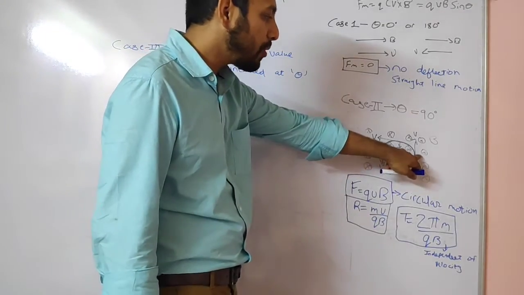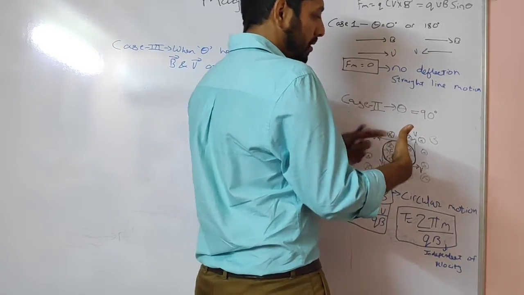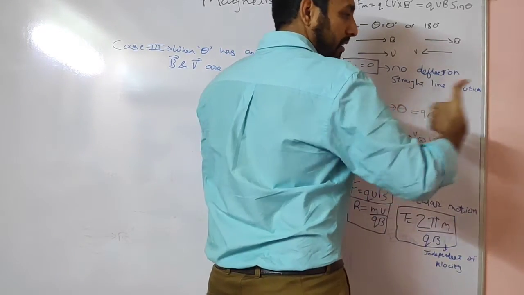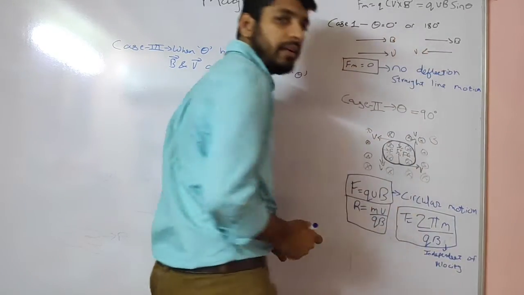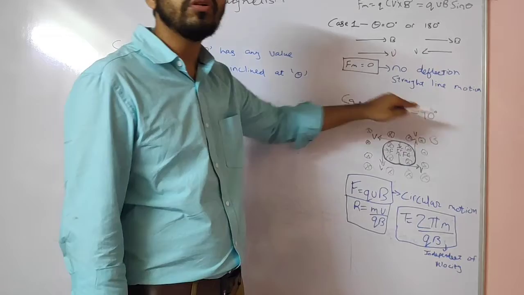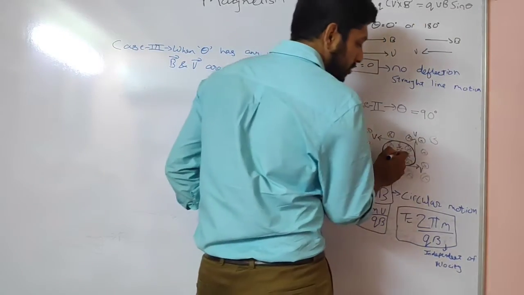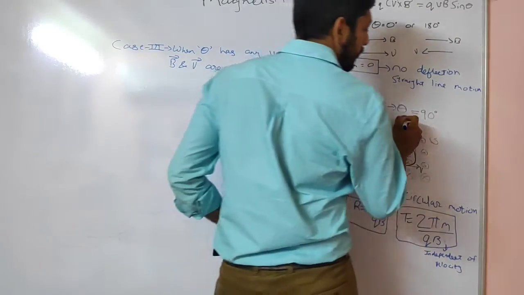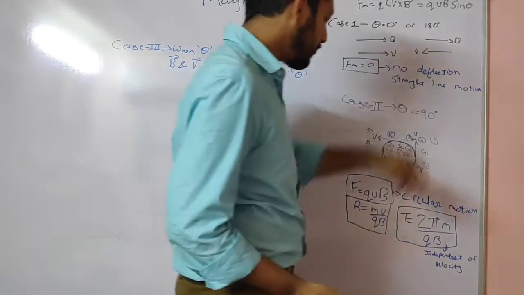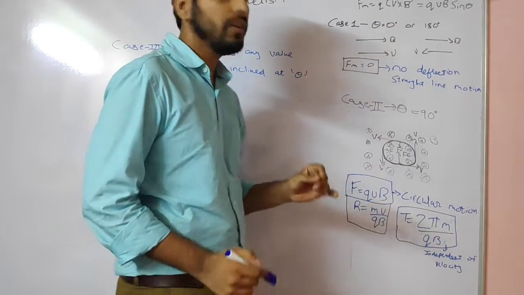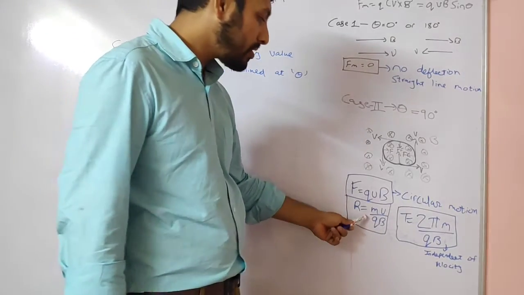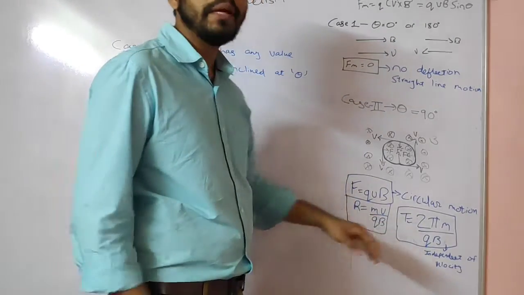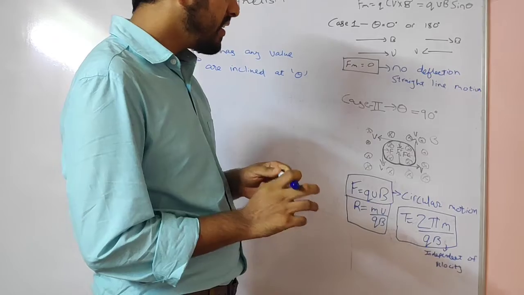At the second point, the direction of magnetic field is the same, and the direction of current is upward. The force will be in the direction of the palm, which means that it will try to come inside. In the same way it will follow the whole circle. This magnetic force acts as a centripetal force also. When we put theta equal to 90 in this equation, we get force equal to QVB, because sine 90 is 1. From that we had also derived the equation for r, the radius of this circle, in the previous lecture: mv upon qB.